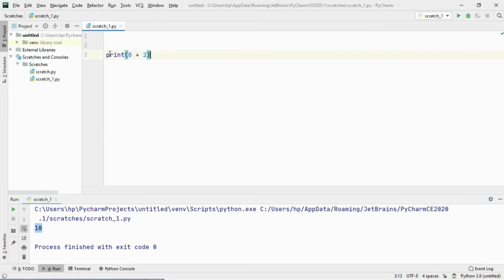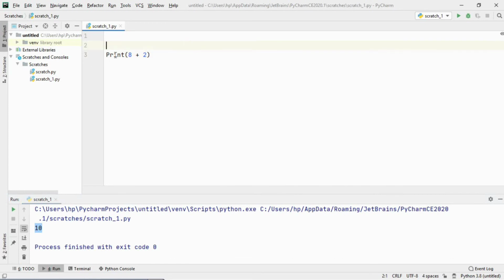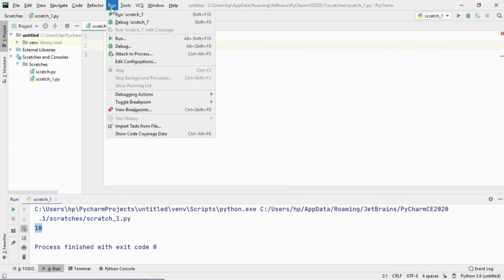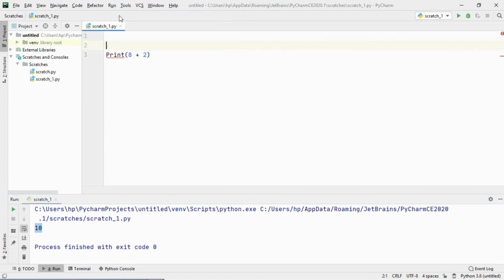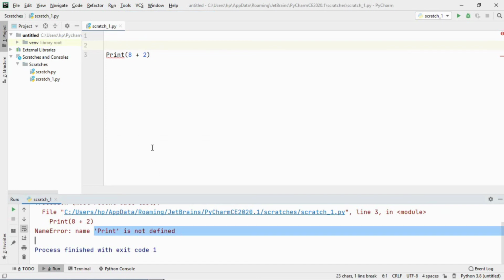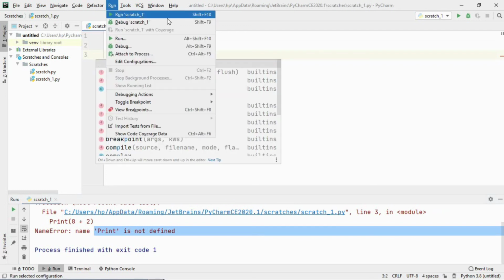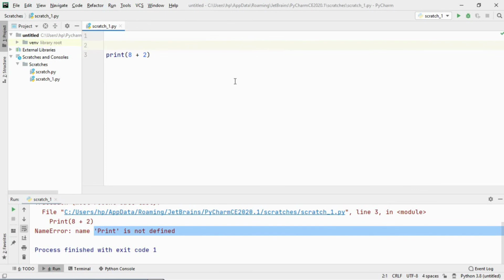Why not we try it with a capital P? Does it accept it? No, we got the error. Let's try to run it again. So what is the error? It says print is not defined. So it is case sensitive. Use a small p, and we'll run it again. So the shortcut key is there, like Shift